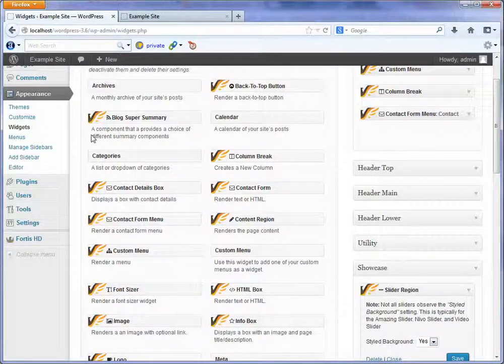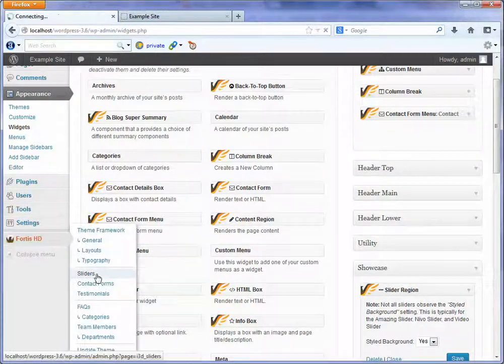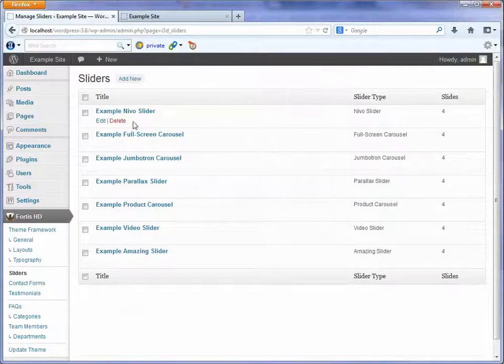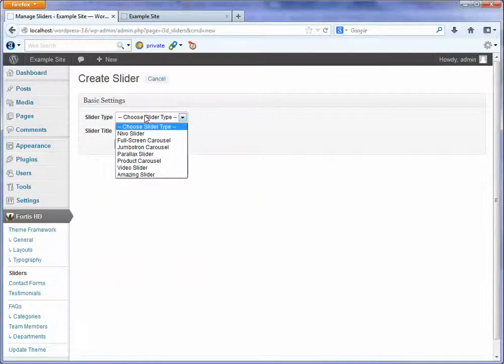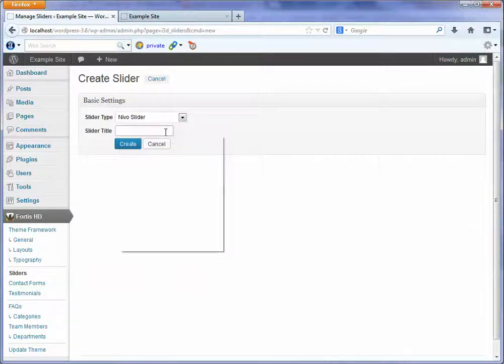And then the next step we're going to do here is we're going to go to select sliders. We're going to create a new one ourselves. It's really, really easy. You need to just hit the new button, choose the type of slider, and I'll just create a new Nevo slider. Call it new Nevo. There we go. That's a good name. Hit create